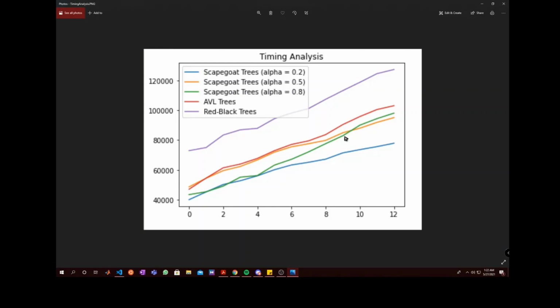And through this we are able to see the benefits of scapegoat trees, as the tunability allows us to optimize the search operation. However, the cost of optimizing this search operation is that we'll be getting more complexity in the add operation, but we can tune it according to what our application desires.